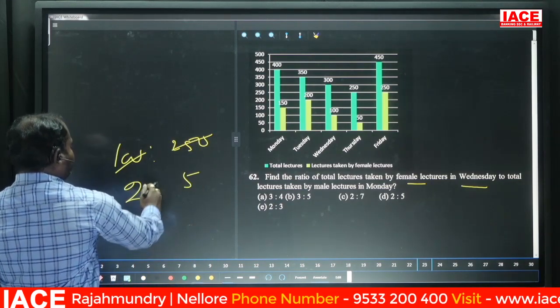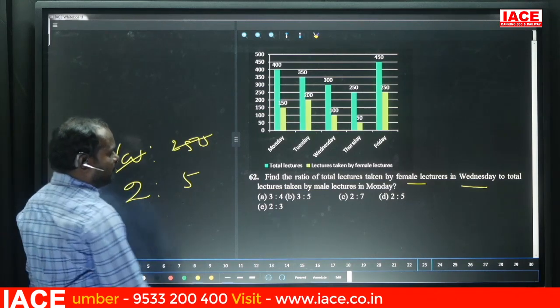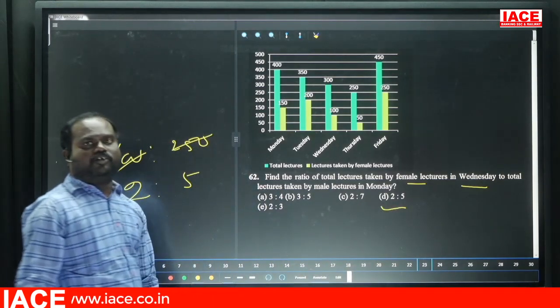55 15 2 is to 5, nothing but option D. Option D, 2 is to 5. Next,